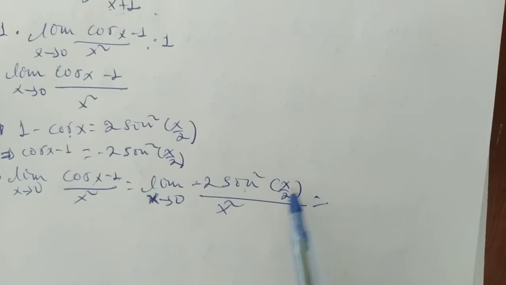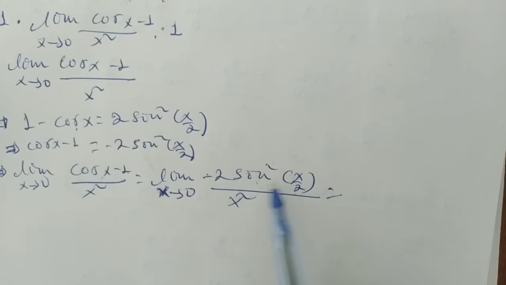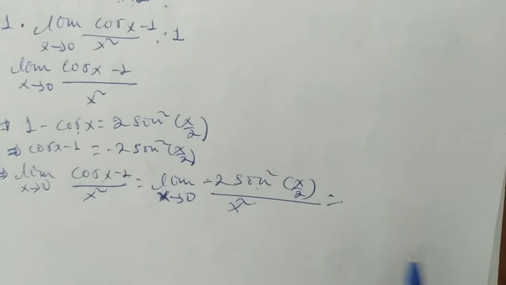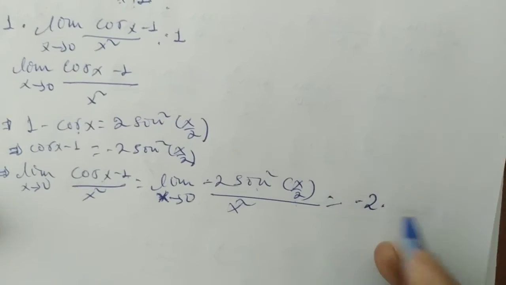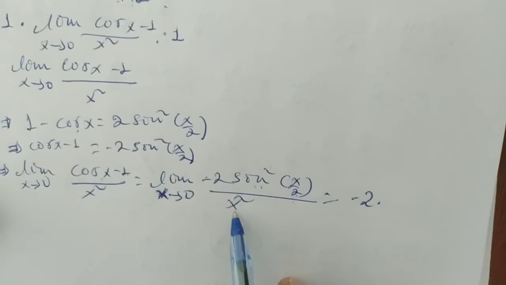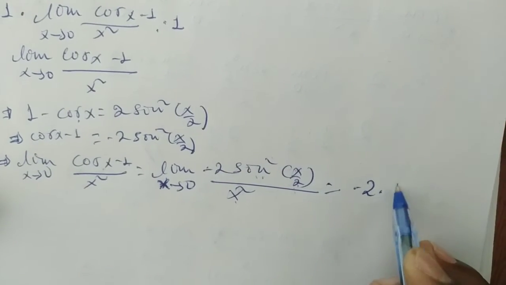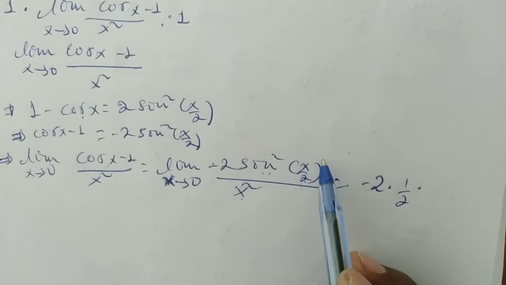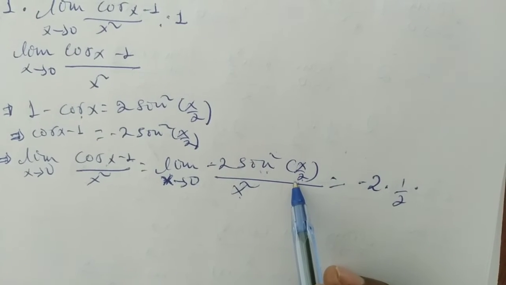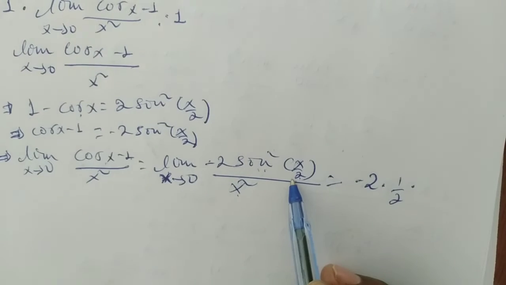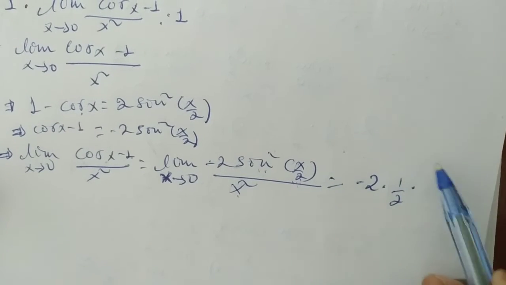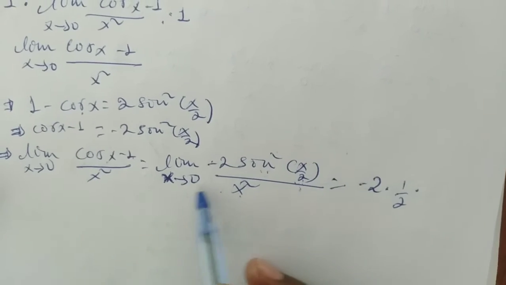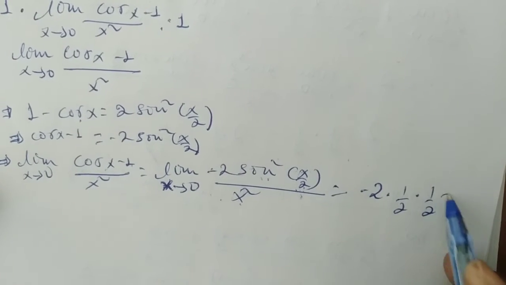sin squared of x over 2 means sin of x over 2 times sin of x over 2, and x square is x times x. So minus 2 times the limit of sin squared of x over 2 over x gives 1 over 2, times again sin squared of x over 2, which is sin of x over 2 times sin of x over 2. The other sin of x over 2, the limit of sin of x over 2 over x when x goes to 0, is 1 over 2. So